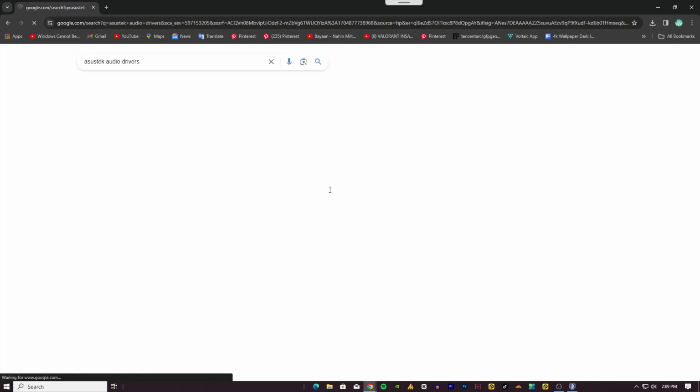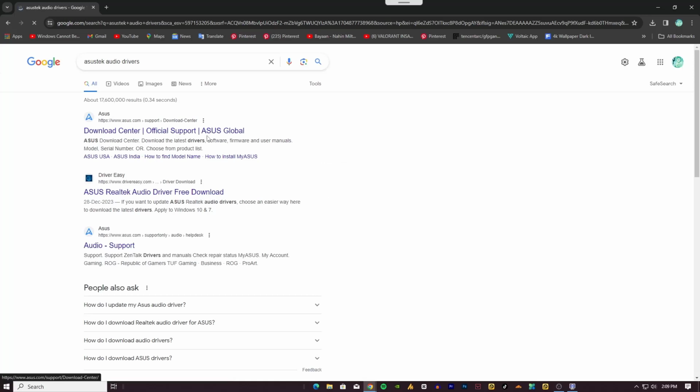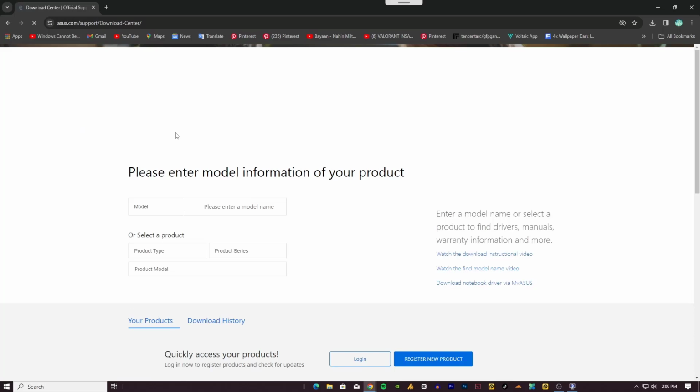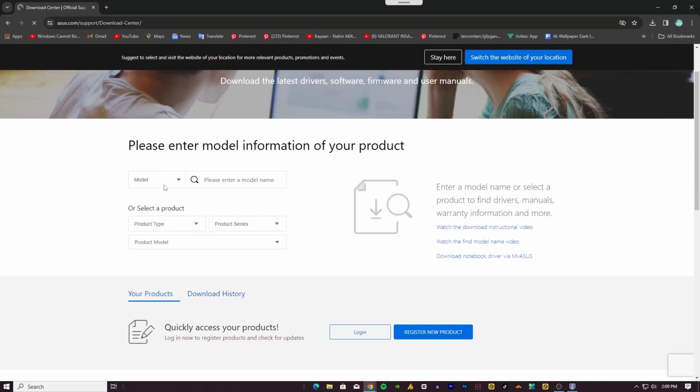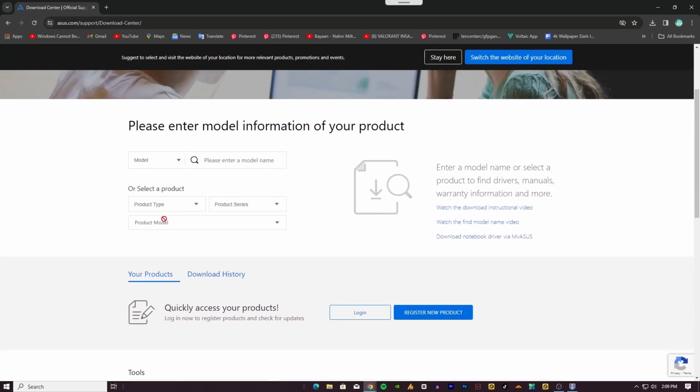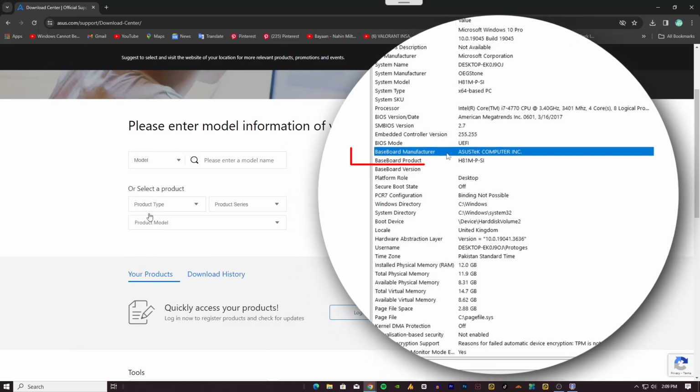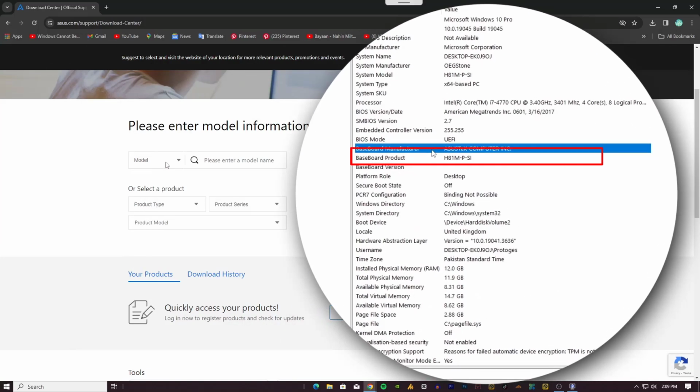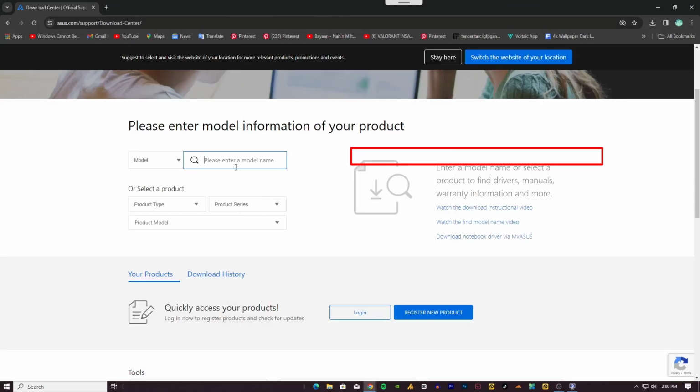audio drivers, hit enter. This will get you to the official website on the download center page. Now here you can search through model or find your product. Finding the product is kind of difficult, so it's easier to type the model here and you can easily get the drivers. So as I said, I'm using